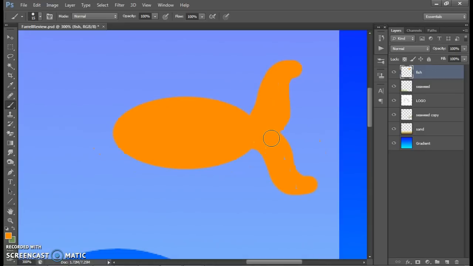I am going to zoom out a little, make my brush a little smaller to make this tail come to more of a point. Okay, and then I could even add some fins on the top here. And then I can go back, make it smaller. Larger, another fin on the bottom, smaller,